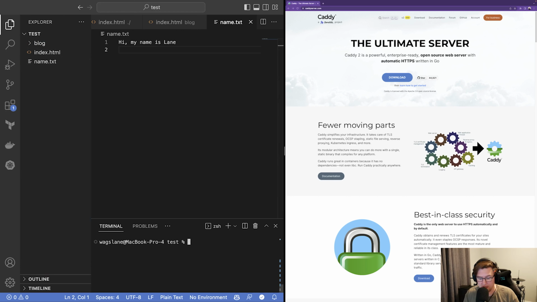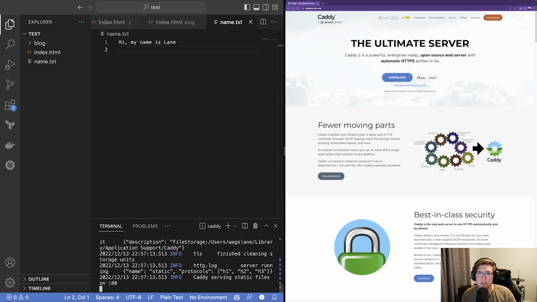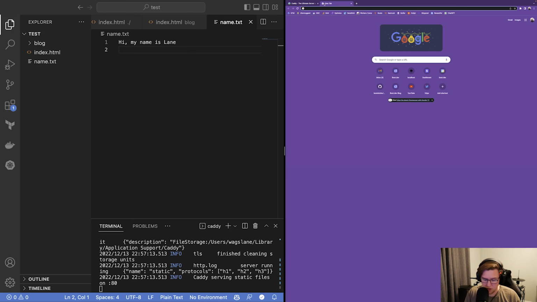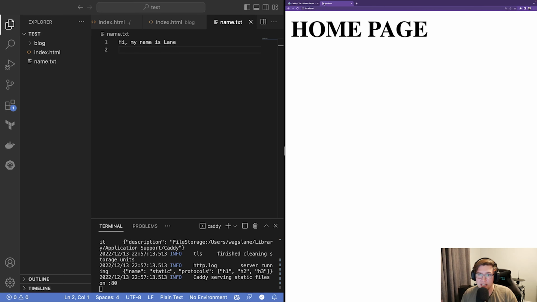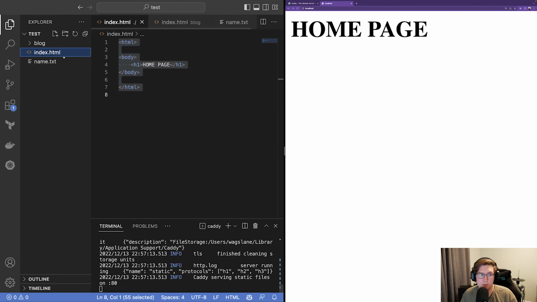So I'm in the test directory here on my command line, and I'll run caddy file-server. Now, by default, the server is going to bind to port 80, which is the default HTTP port, and it's going to use localhost, which is just the domain of my own computer, right? So I'm connecting to my own computer on port 80. So when I go to localhost port 80 in my browser, which again is the default, so I don't really need to type port 80, I should get this rendered view of